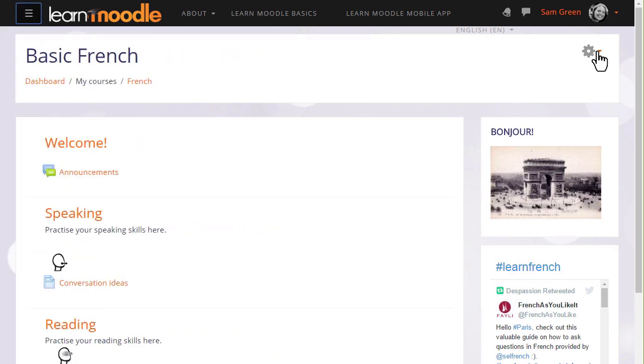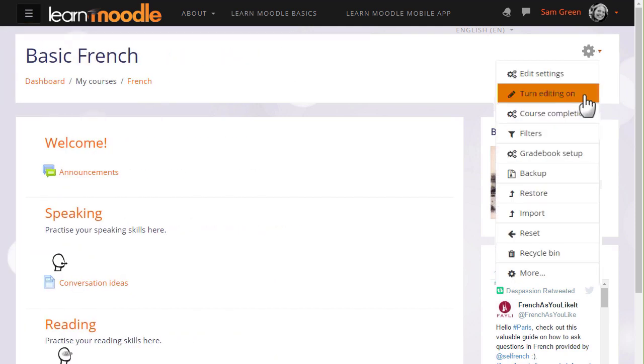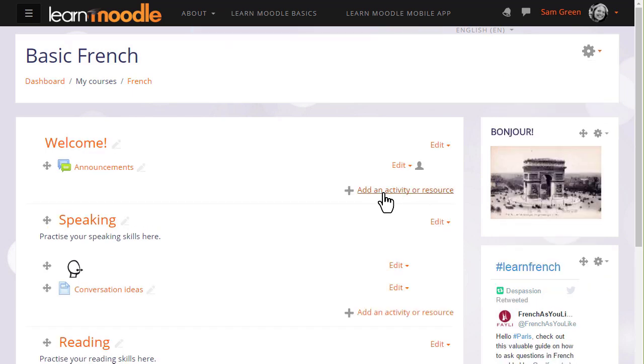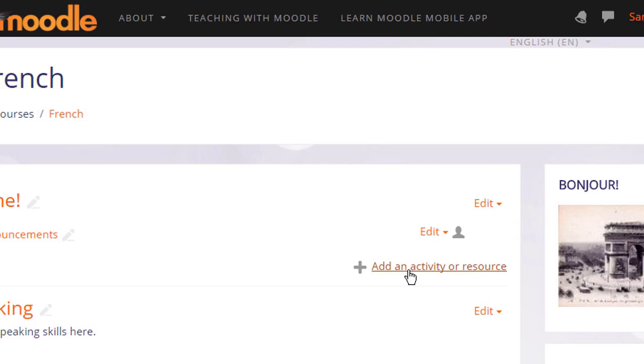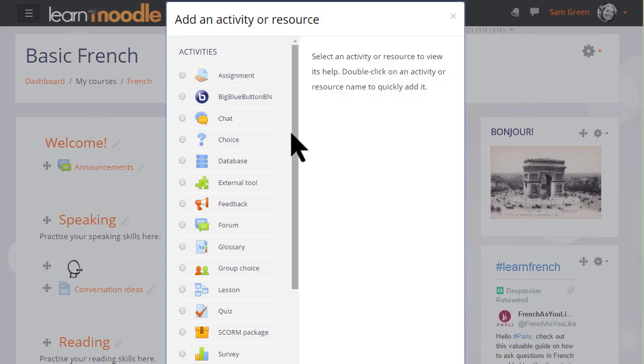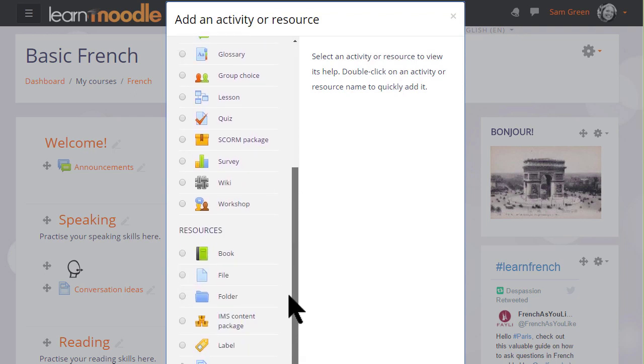To do this, we turn the editing on from the gear top right, and in the section where we'd like to add our information, we click Add an activity or resource. This brings up the activity chooser, and there are two resources which are helpful to us here. The book resource allows us to add a series of pages into which we can type the basic information we want to display,